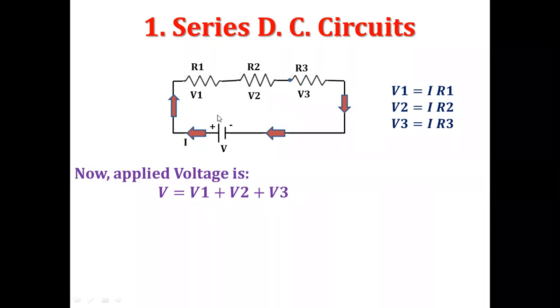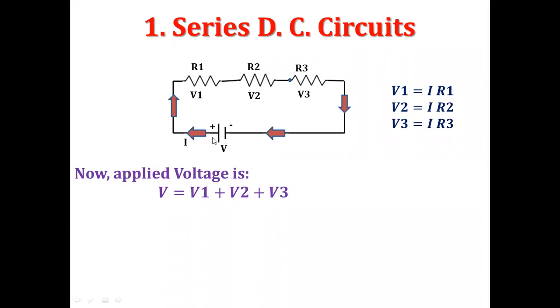Same way, so many methods are there to write the equation here now. But in the series circuit, the total voltage is subdivided across each resistance, the same drops will occur. So the summation of the voltage drop across each resistance is equal to the total applied voltage. You can tell that. So now the applied voltage is V equal to V1 plus V2 plus V3. You can write down this, or not? Yes, sir. Okay.